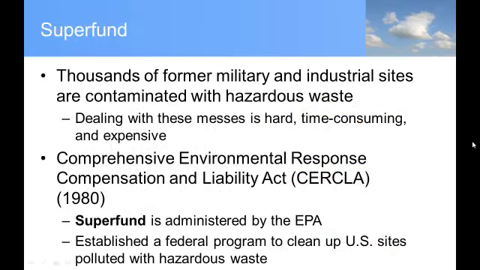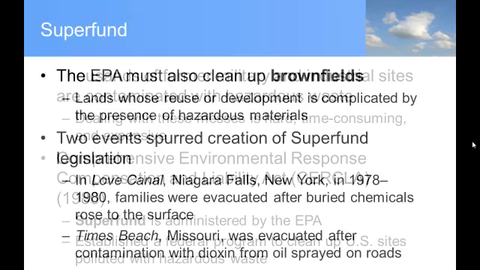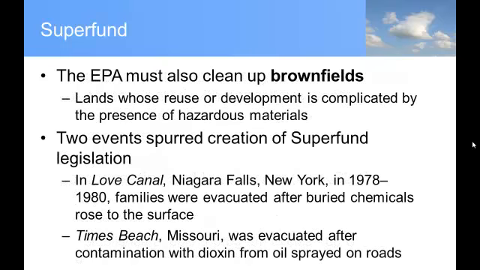To deal with contaminated sites, particularly lots of former military and industrial sites that were contaminated through past practices, Congress passed in 1980 the Comprehensive Environmental Response, Compensation, and Liability Act, or CERCLA, sometimes also referred to as the Superfund Act. This establishes a federal program to clean up old contaminated sites that are polluted with hazardous waste. The EPA is also required to clean up brownfields under the Superfund law. These are land areas where reuse or development is complicated by leftover hazardous materials